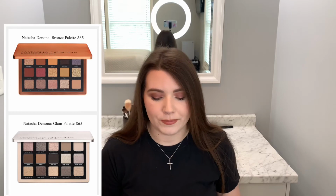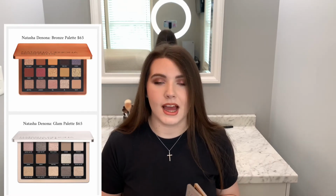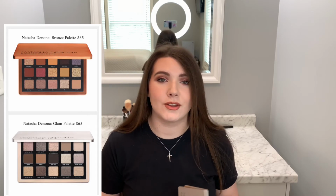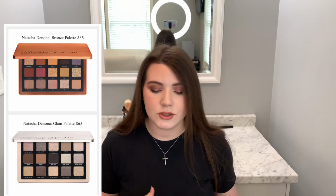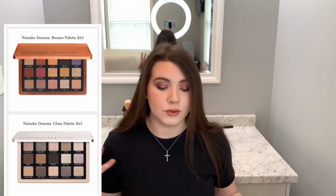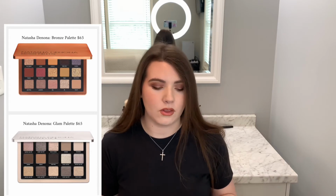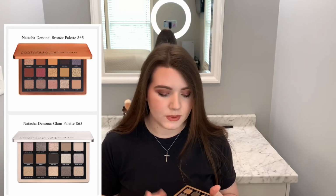I don't know if I will, but out of the two, I personally would definitely choose the Glam palette because I love cool toned eyeshadows, like I just said. So out of the two, the Glam palette definitely draws me in a lot more than the bronze one. But if you tend to reach for warm tones, obviously, you're probably gonna like the bronze one a lot more. But this is what the Natasha Denona